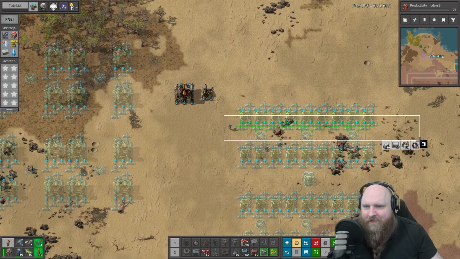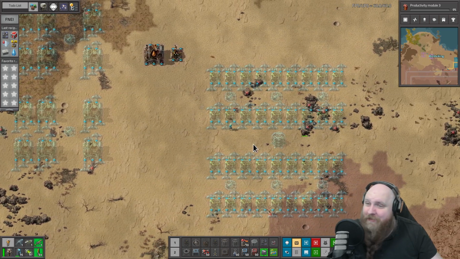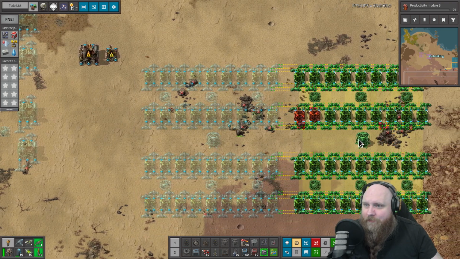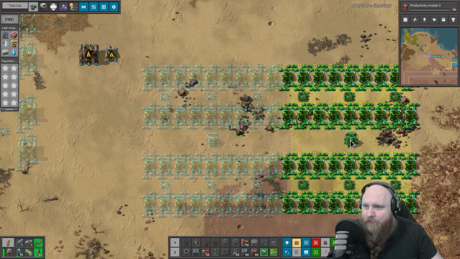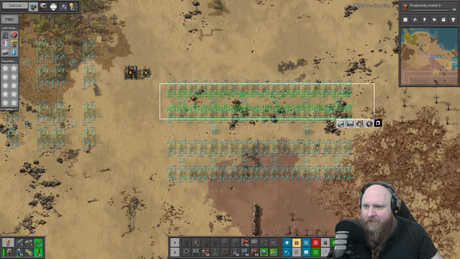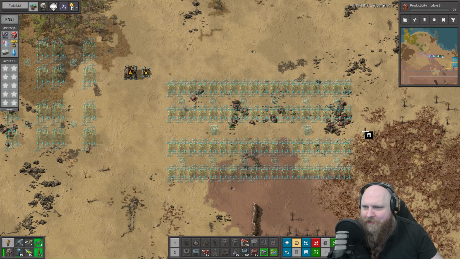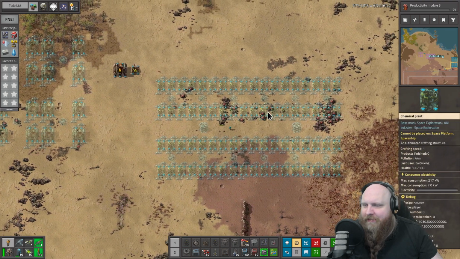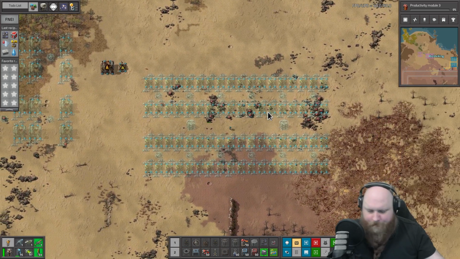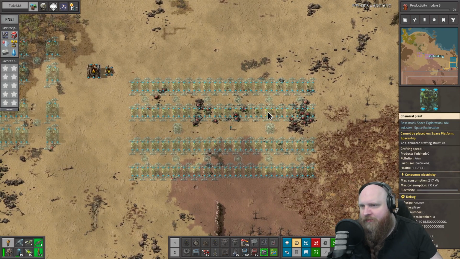Nice. That's 9. That's 18. That's 36. That's not even enough. We need more than that. There we go. That's a row of 18. That's a row of 36. 42 would be... We're definitely going to have to do some shenanigans over here. How do we do this the best way around? We could just...